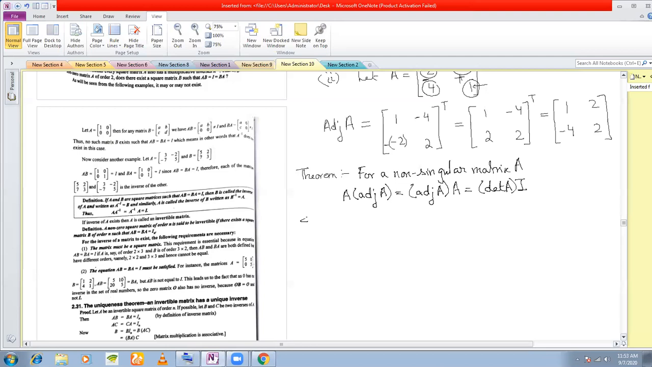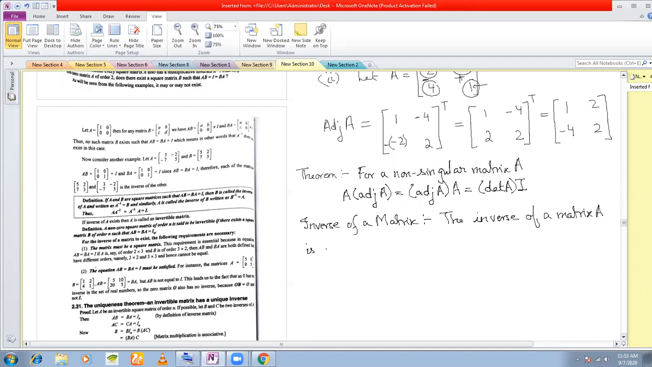Inverse of a matrix. Okay, the definition: the inverse of a matrix A